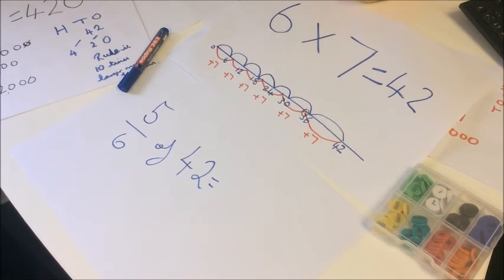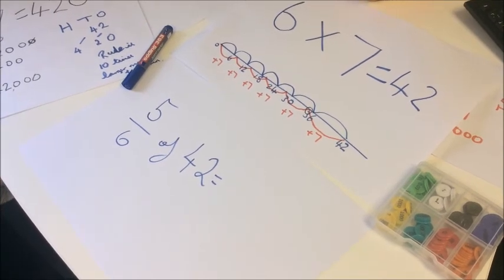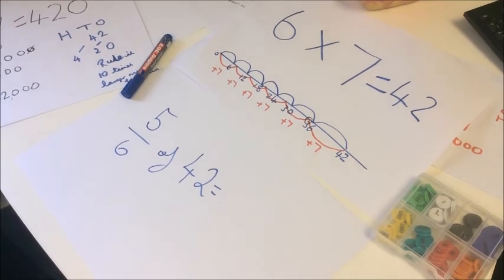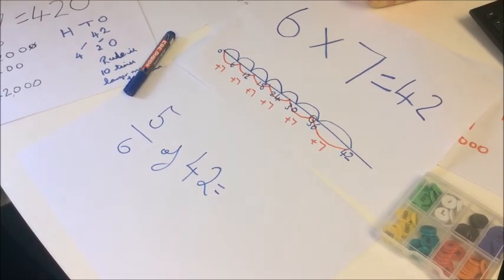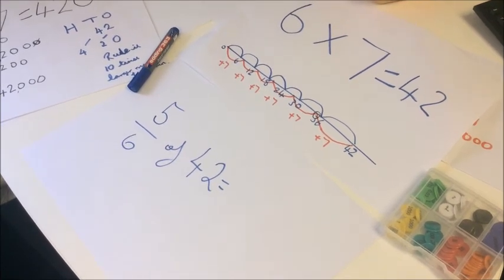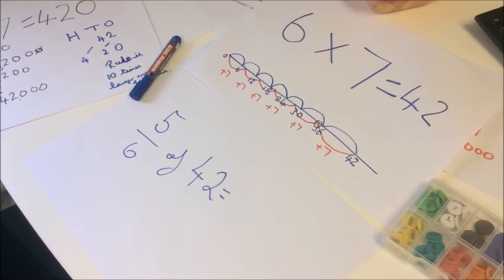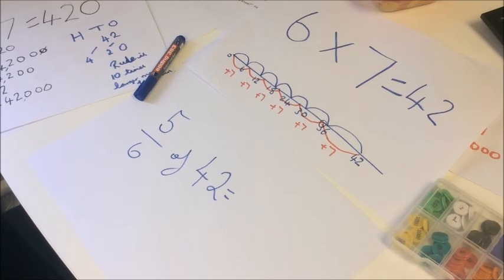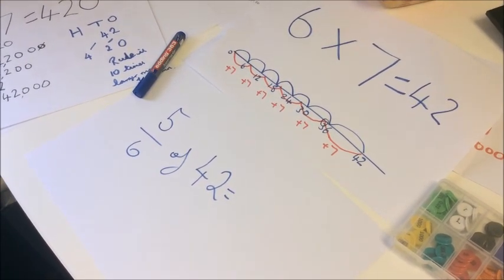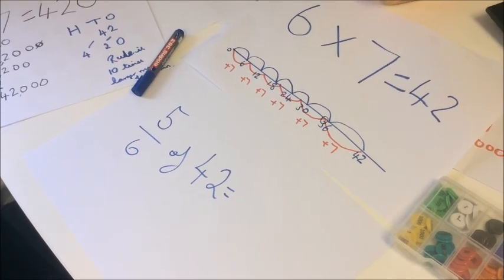Fantastic, and I really like the way you took your time just to check that you got that right for me. So lots of numbers happening there. You had to work out what 1/6 was, which was 7, and then we did 7 times 5. So although the digits themselves are quite simple, there's a lot of making sure that you're focusing on the right number, and I really like the way you used the number line to identify that. So you worked out what